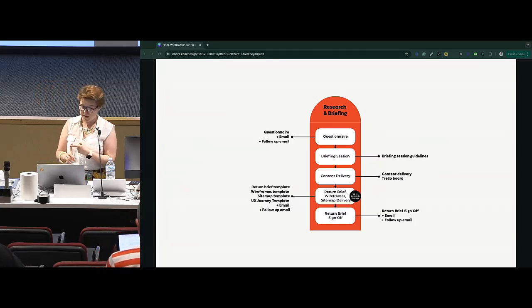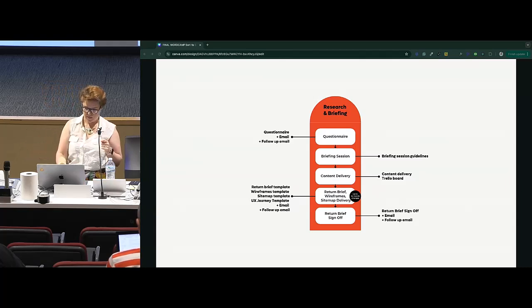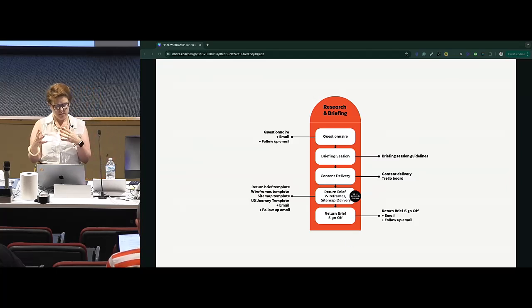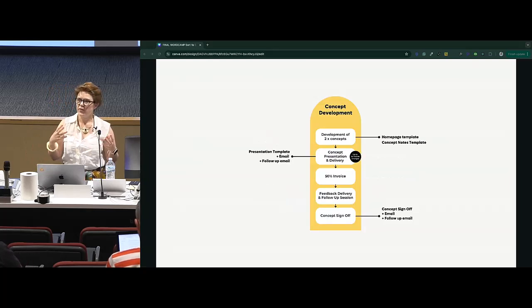But some of the templates I might use in that return brief are the return brief template itself, a wireframe template, a sitemap template, a UX journey template, and then I have emails along with that as well. And then the return brief sign-up, which is actually kind of built into the return brief itself. So moving along,